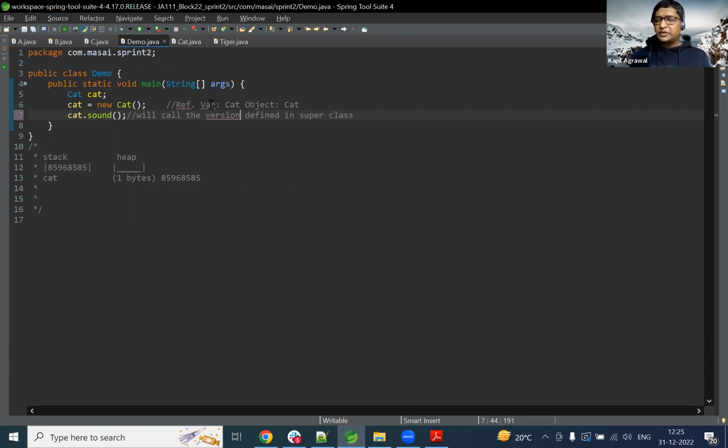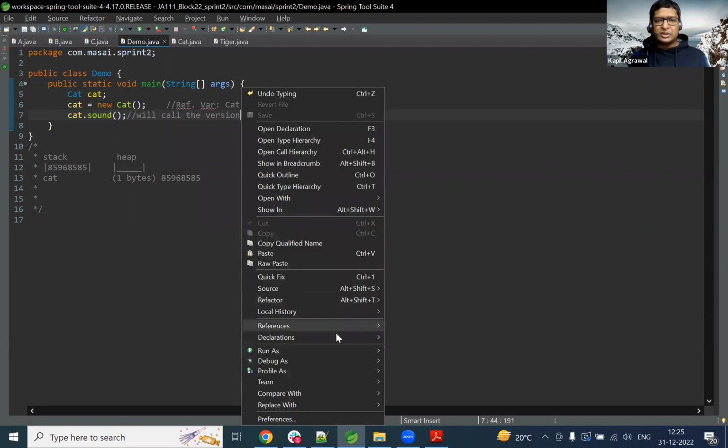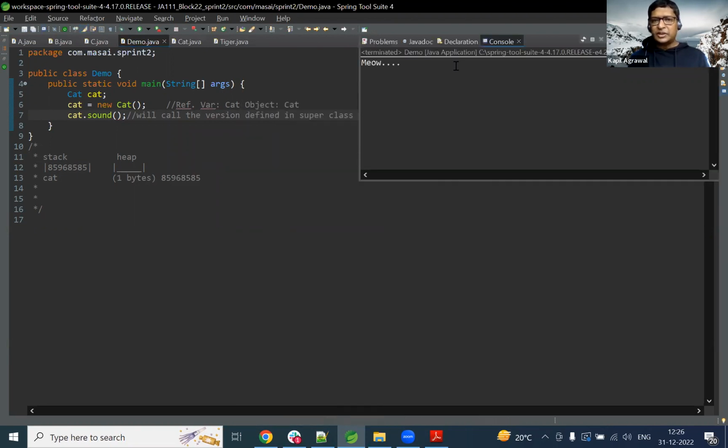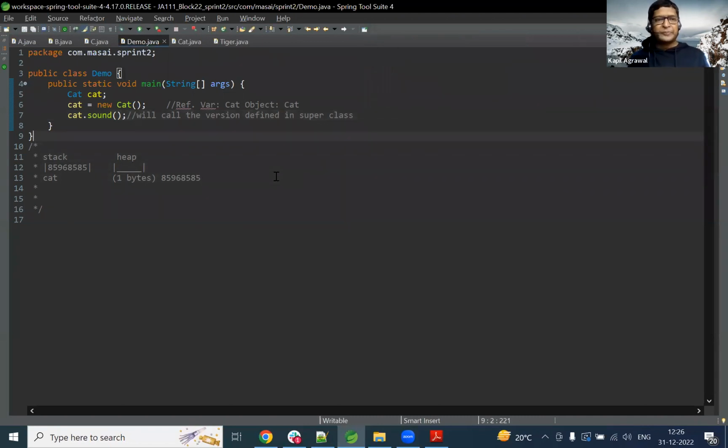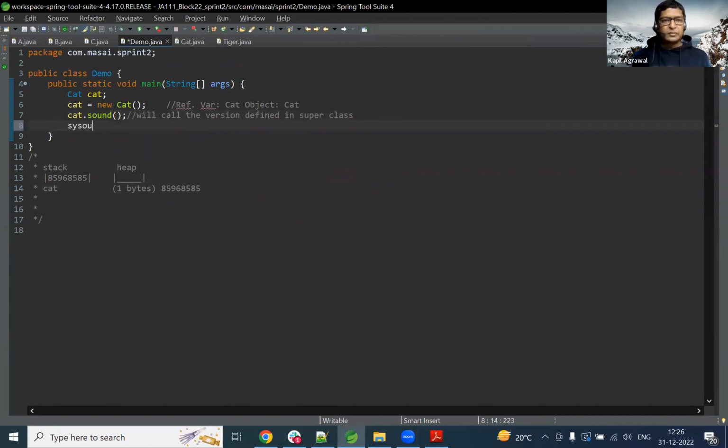It will call the version defined in superclass. Let us try to run this example. Clicking on run as Java application, we are getting the output meow. That is a much expected output. Okay. After doing this section,